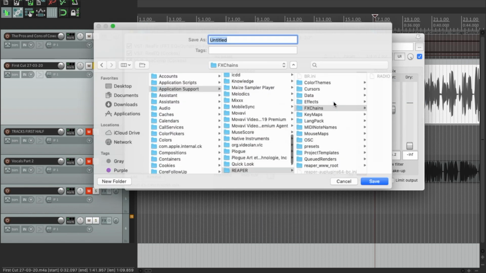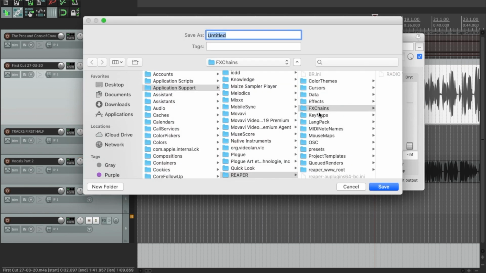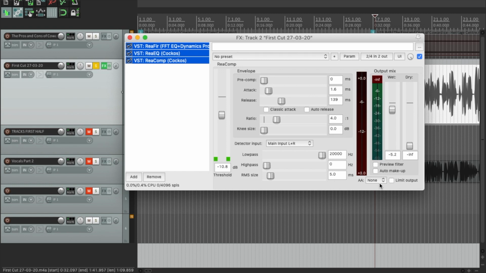So we'll hit that and it'll ask you to save it in the effects chains folder. I'd say just do that there, that's spot on, and we'll call that a radio vocal mobile. So Damo recorded that on his phone, so we'll call it mobile. These are the settings that we want for that. So we'll hit save, and the next time Damo sends me in something, I can just go